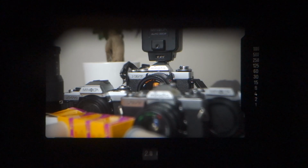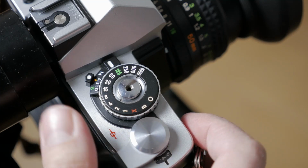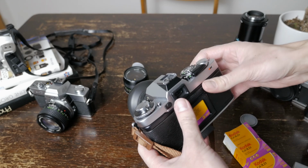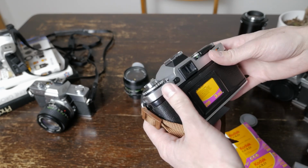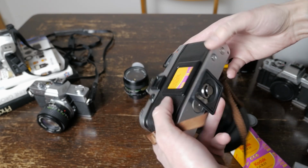Now press the shutter button slightly. This will indicate which shutter speed will be used by the camera, by the red LED. Now press the shutter button to take a picture. Now advance your film and you're ready to take the next picture. So once you have taken your 36 pictures, you have to rewind the film and take it out of the camera. To do so, press this button here